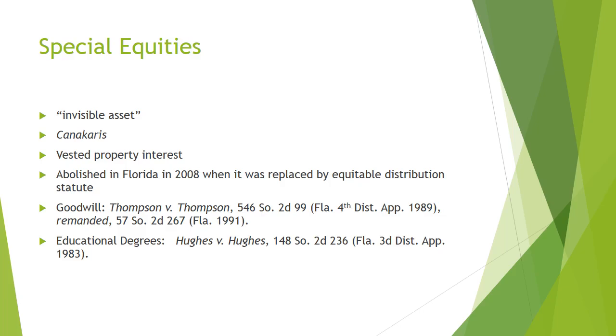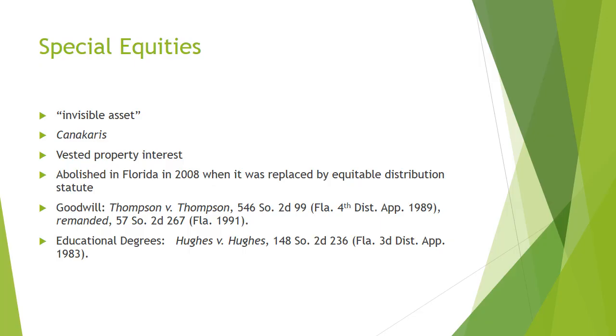Prior to Canacaris, there were two situations in which the court could order a transfer from the legal title holder in divorce proceedings. One was the authority to find that one spouse held a special equity, which was basically abolished. It was reformed in Canacaris. So this is a special equity in a specific piece of property legally owned by the other. I think in Canacaris it was a business. One legally owned the business, but the other one had a special equity because of a vested right that I believe the missus contributed to. I'd have to read the case again.